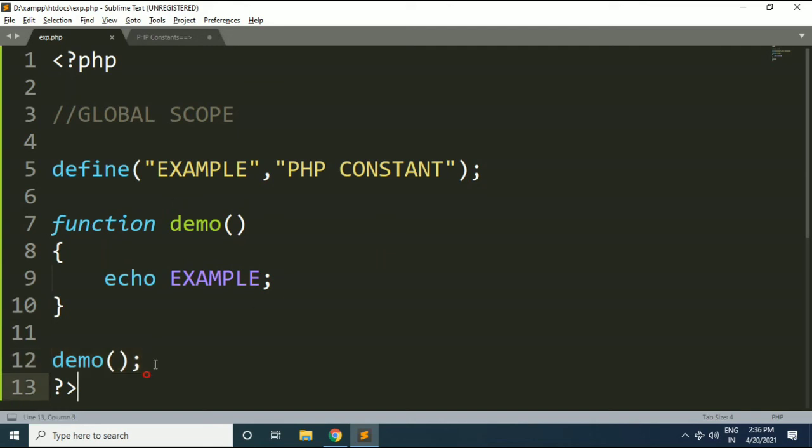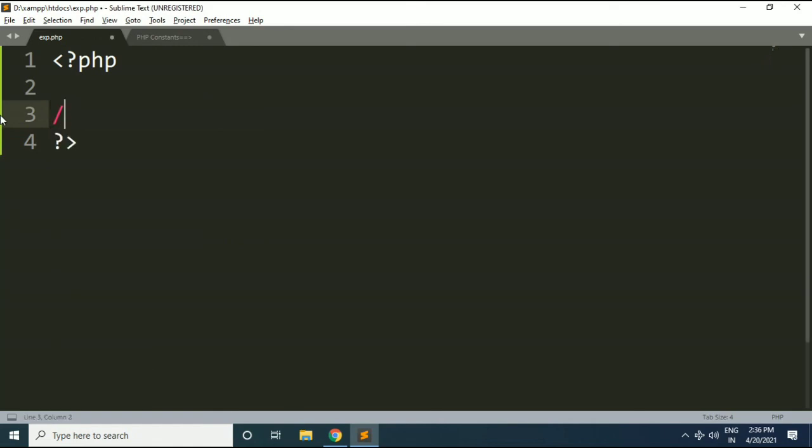Now at last within this video I will try to show you the use of the constant function. The PHP constant function returns the value of a constant if the constant is defined, otherwise it returns null. And what does it require? It requires the constant name as a parameter.